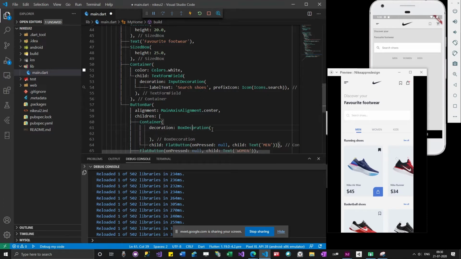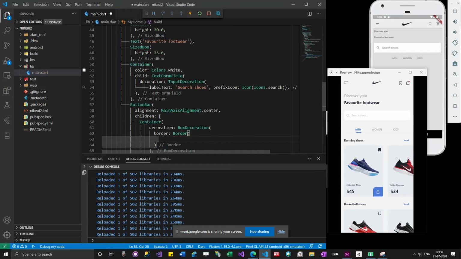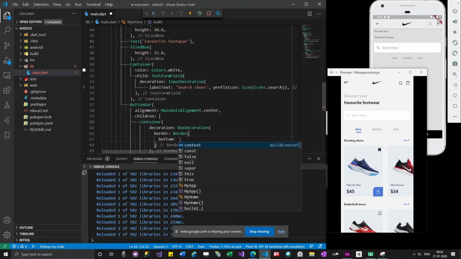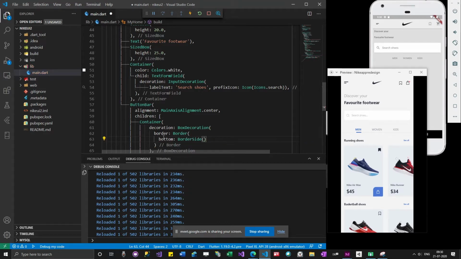So for that I'm going to add border, and within border I can give bottom. Border takes border side, and then I'm going to give some width.